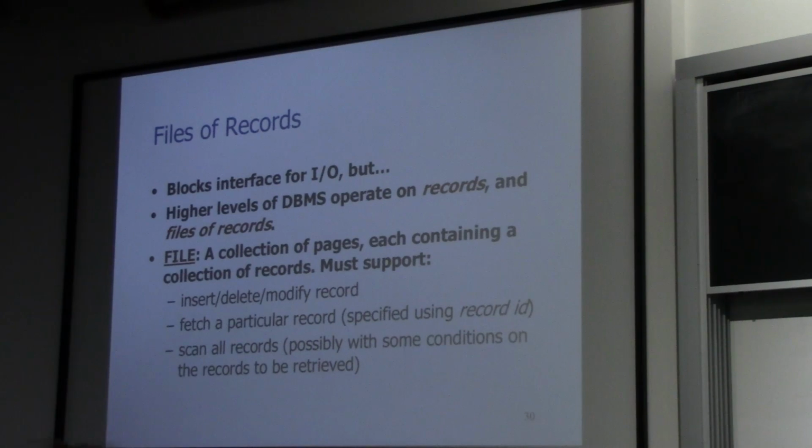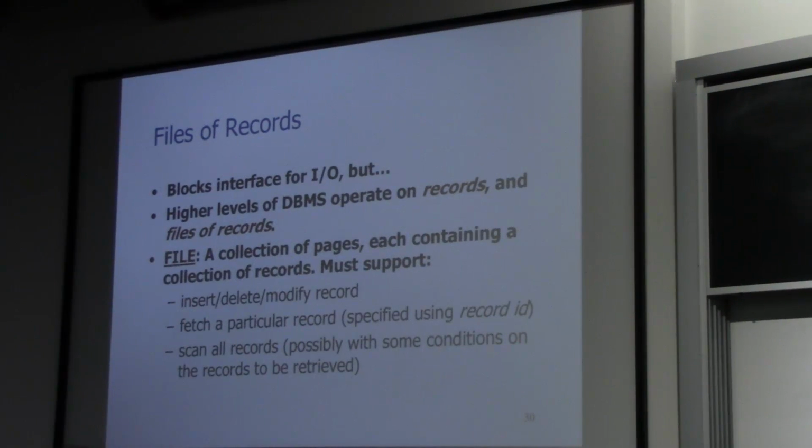A primary key has semantic meaning, for example, the social security number of a student record. Record ID is solely for the purpose of figuring out the location of this record on disk. So it's kind of like a pointer or handle to the record on disk. That's the purpose of the record ID. So this is different from the primary key of a record. Of course, record ID must be unique as well, because every single record will be at a different location on disk. So record ID values must be different for different records.